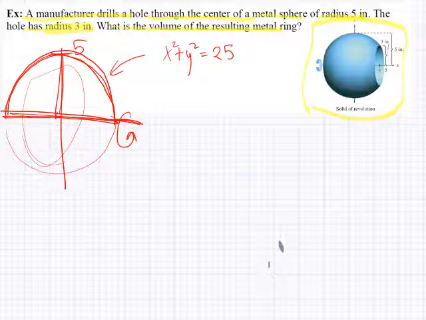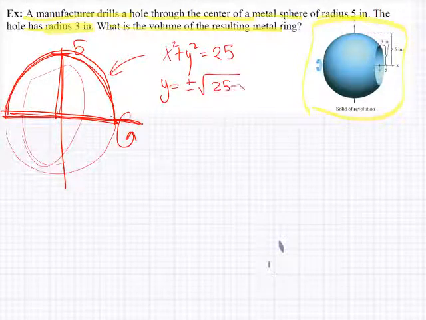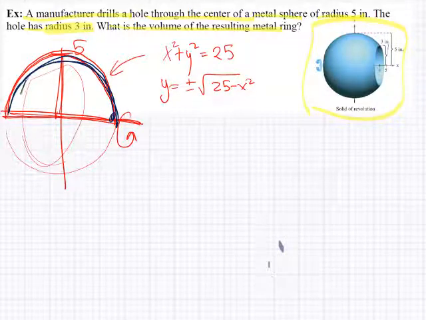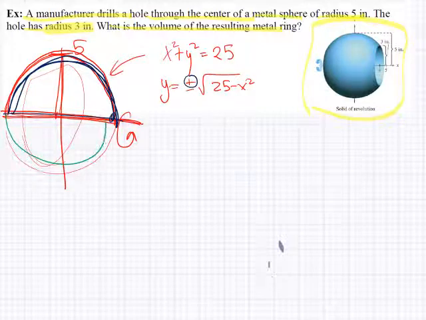So what I'm going to do is solve for y, and what I get is plus or minus the square root of 25 minus x squared. And what that gives me is the top half of the circle. It goes from here to here, and that's the positive square root. And it gives me the bottom half of the circle, which is the negative square root. But I only need the top half, so I only need the positive square root. Okay, so now that we have all that,